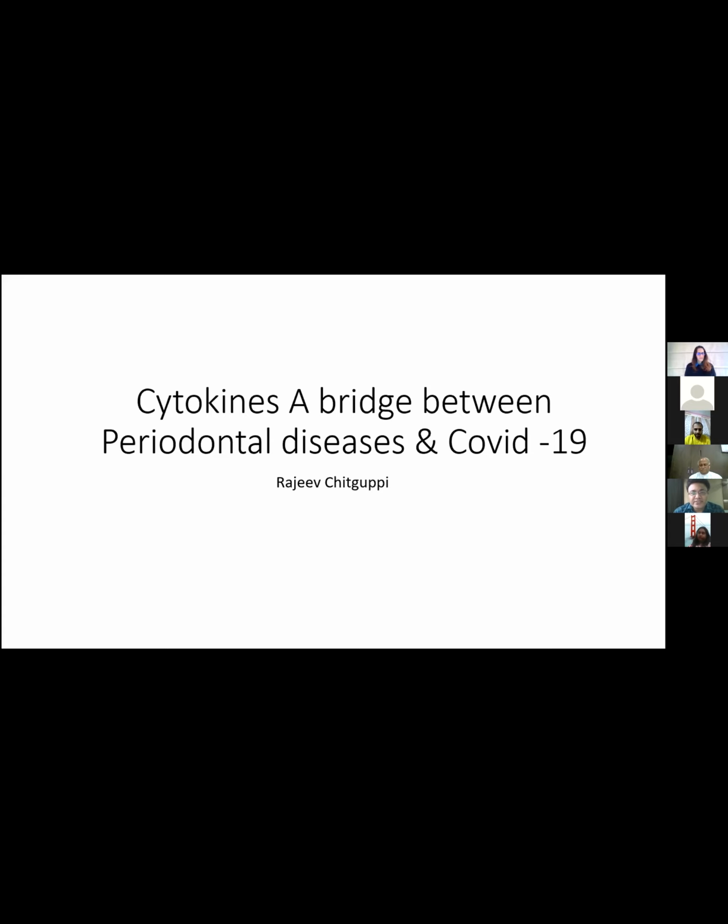In periodontal diseases, we have microorganisms occupying the sulcus, and then they enter the tissues where they cause the diseases, either gingivitis or periodontitis. And then once they spill over, they enter the systemic circulation and cause various systemic diseases. Same 3 stages can be correlated in COVID-19 as well, where the first stage is localization or colonization of the virus in the upper respiratory tract. And the second stage is the pneumonitis, when it occupies the lower respiratory system.